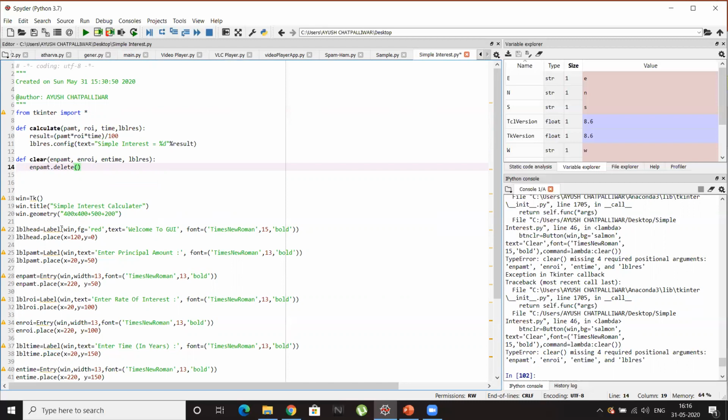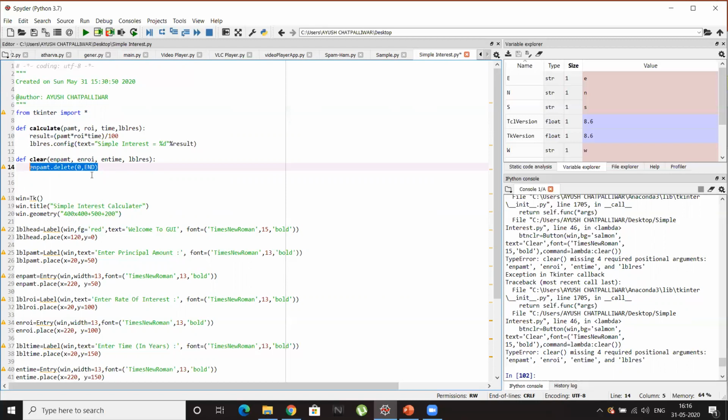You just need to pass two arguments, that is 0 and END in caps. Yes, that's it. What this command will do is clear whatever is typed in this entry box of principal amount. It will just get cleared.